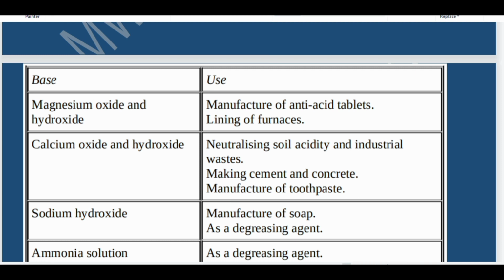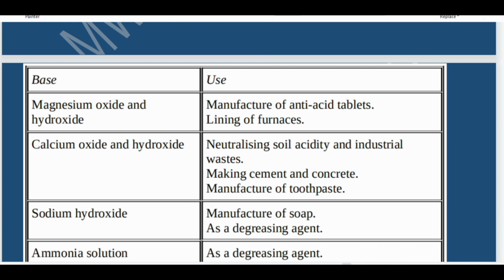So when soil becomes acidic, it is neutralized with calcium oxide and hydroxide. Also, industrial waste that contains acid can be neutralized using calcium oxide or hydroxide